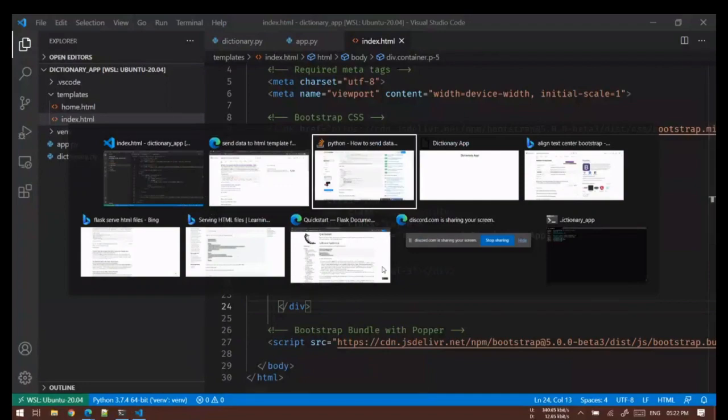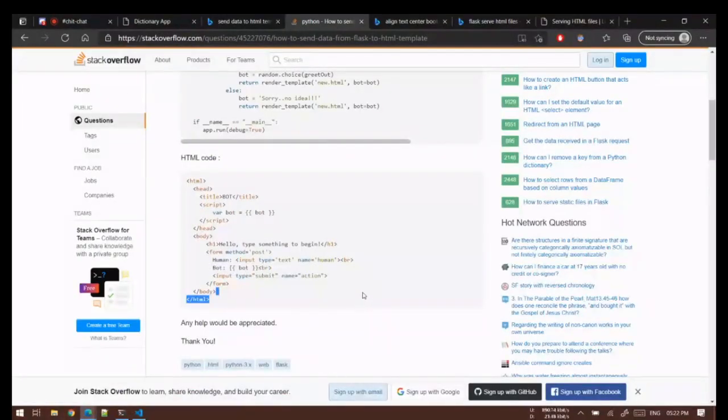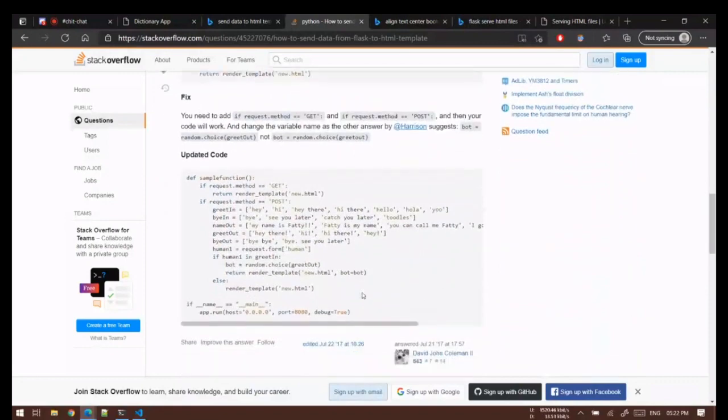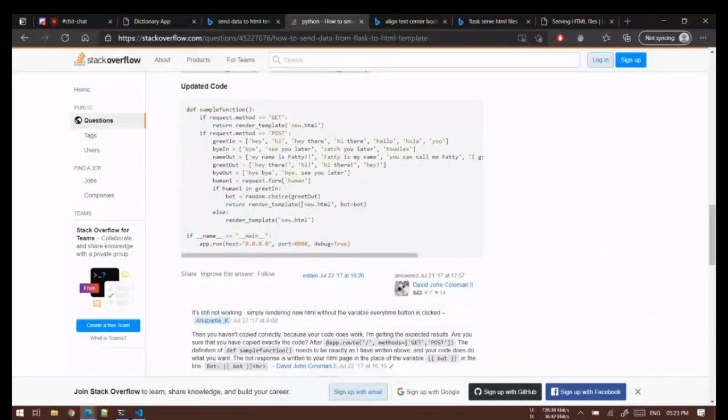Whenever you read Stack Overflow code or any other code, just focus on the part which is important to you: how we are passing information to the HTML page. We can only pass information from here because this is the path or name of the file, so we cannot do anything with it. We have to either pass it here or do something else before.